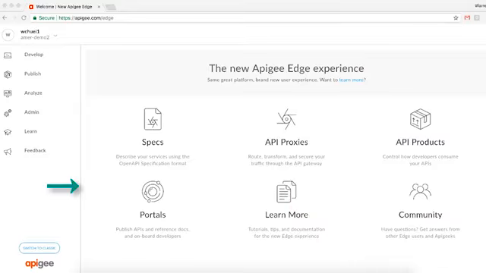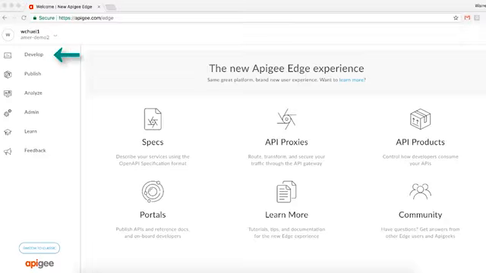On the home page, you'll immediately notice a series of shortcuts to the commonly used functionality, such as API specs, API proxies, and portal. The next thing to point out is the new sidebar navigation. This will allow you to easily navigate through the UI, and the menu here is organized by the phases of an API lifecycle. Note that the shortcuts on the home page can also be found here. Now let's take a quick look at the different categories in the navigation bar.